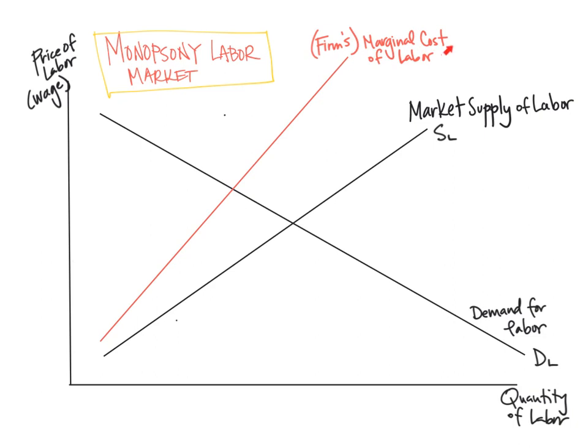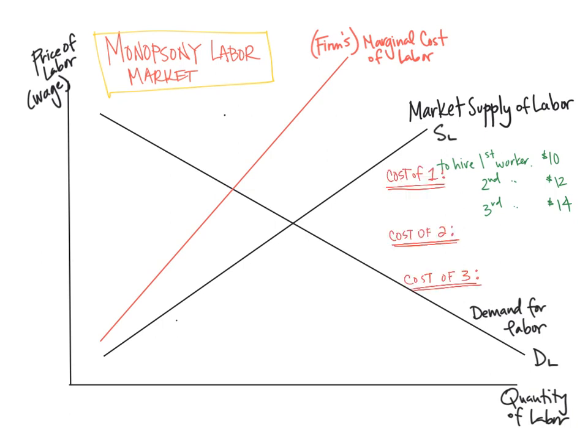This is why we see their marginal cost of labor be different than the wage rate. Let's explain that. Let's assume that to hire your first worker would cost you $10. If you wanted to add a second worker, enticing more people to the labor market, you're going to have to probably increase the wage rate. Enticing a third worker to the labor market that wasn't willing to work maybe at that earlier wage is going to be $14.